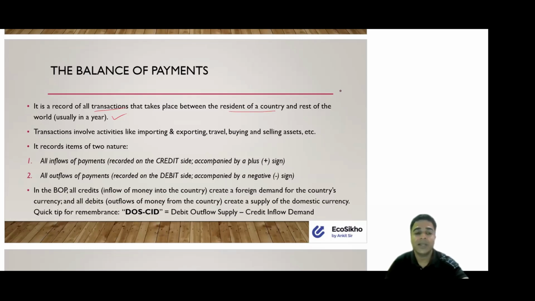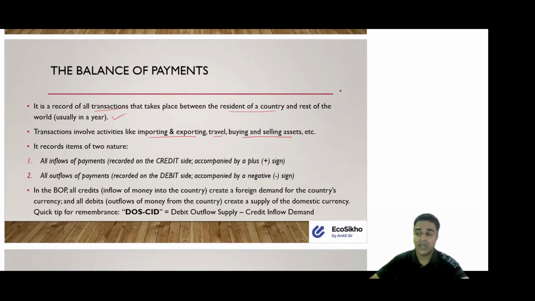Now, the question that might be lingering in your head is, sir, what exactly are the transactions we are talking about? So, my friends, whenever we are talking about importing and exporting of goods and services, whenever we are talking about traveling, whenever we are talking about buying or selling assets, whenever we are talking about donations, even in that matter. So, if you are donating some money to some other country because of some natural calamity, that will also get recorded in the balance of payment. So, the essence here is that whenever any kind of money flows into your country or flows out of your country, it gets recorded in the balance of payment